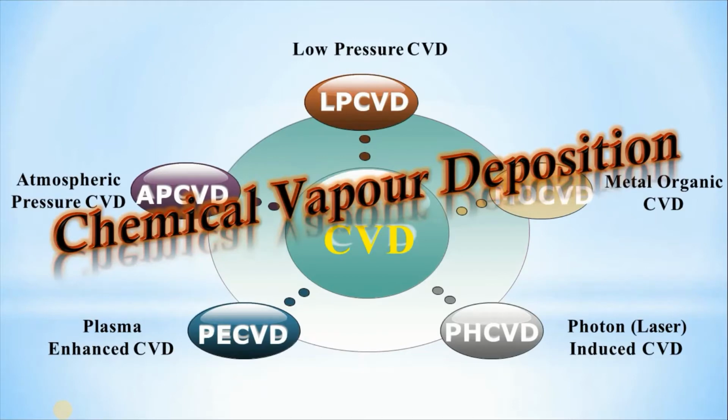In today's session we are going to see another surface treatment process, that is chemical vapor deposition. Chemical vapor deposition, also termed CVD, is a process whereby a solid material is deposited from a vapor by a chemical reaction occurring on or in the vicinity of a normally heated substrate surface. The solid material is obtained as a coating, a powder or a single crystal.